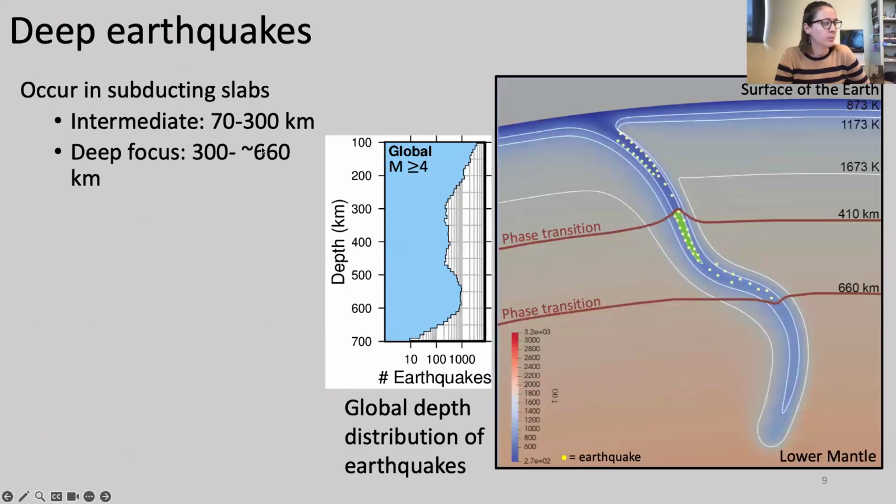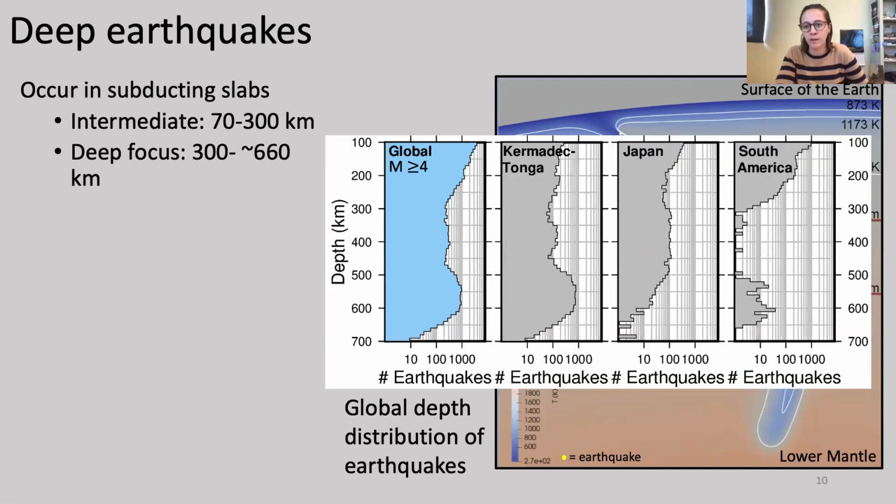So if you're familiar with deep earthquakes, you might have seen them broken down into these two categories of intermediate and deep focus earthquakes. For the purposes of today's talk, I'm just going to be referring to anything below 70 kilometers as deep. What you're seeing here is a histogram plotting the depth distribution of earthquakes for the whole global catalog. You can see that it's not uniform. We have a lot more earthquakes occurring in this shallower portion, and then in this deeper portion, with less activity in this middle range of the slab. So there's variability within the global catalog.